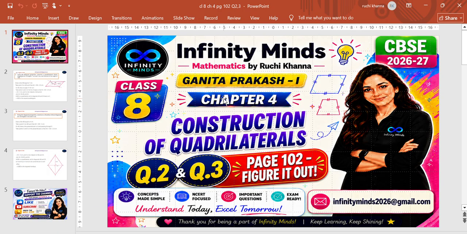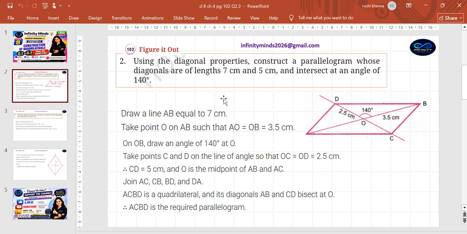Today again we shall be doing questions on constructing quadrilaterals from Ganita Prakash part 1, chapter number 4, page 102. Okay, we're coming to question number 2 and 3, which are similar to what we learned yesterday, constructing quadrilaterals. These are also constructing quadrilaterals, but here the special name of the quadrilateral is also being given, parallelogram and a